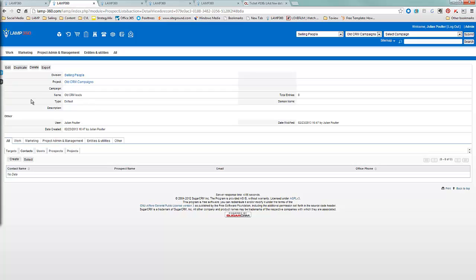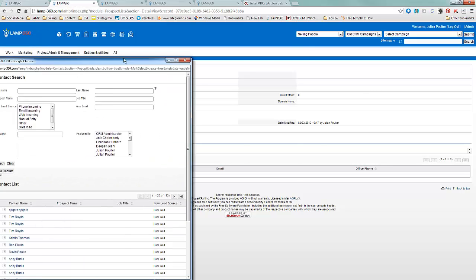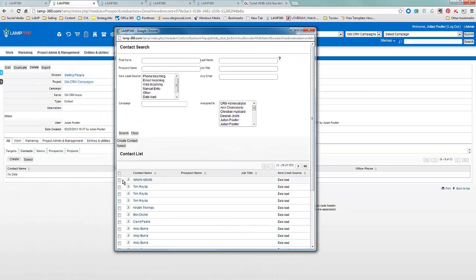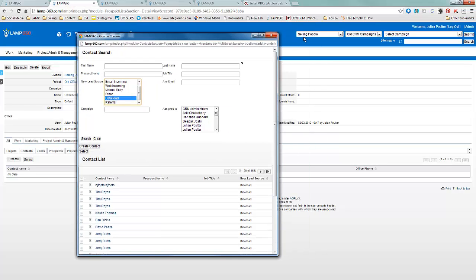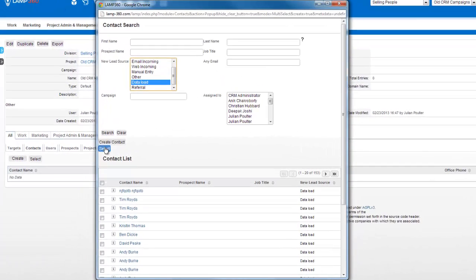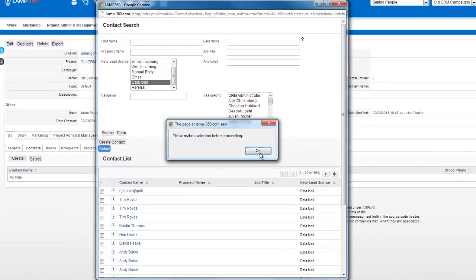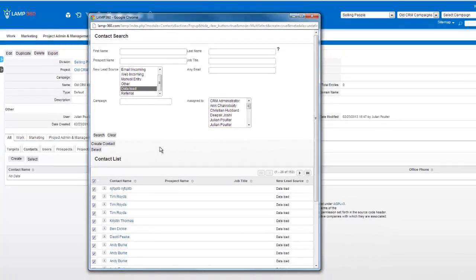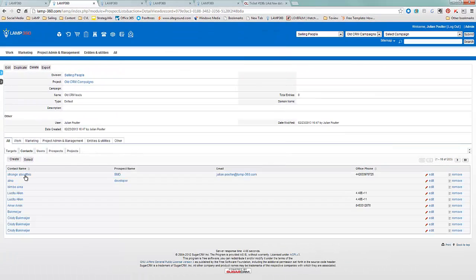Now when I've created the target group holder, I then click on select, and I can then select either manually from the list, or I can set criteria such as I want the ones from a data load, and this will just be the data related to this particular division. So I'll do that, and I will select all of these. This has now created a series of contacts, so I can see I've got some duplicates there that I might want to remove, and they can be used later on for